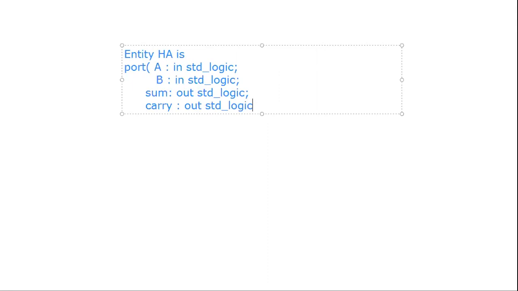So ikkada manam compulsory cheyalsindi enti, after the bracket you must terminate the signal. If you terminate the signal with the semicolon before the bracket, it will give you a syntax error. So here you have to put the semicolon after the bracket, and end is a keyword, and end with the entity name. What is the entity name here, half adder circuit, and with the semicolon. So this is the entity for the half adder circuit.